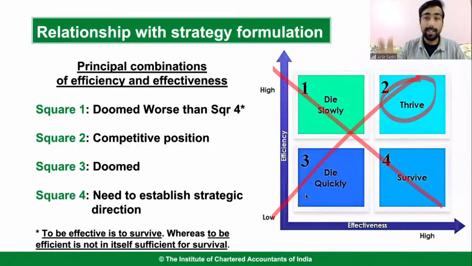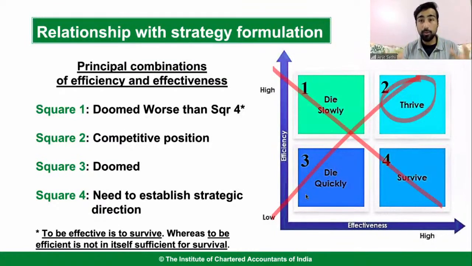You're doing the right thing in the right way, you will be successful. You are doing the right thing but in the wrong way, you will die slowly, right? But if you're doing the wrong thing in the right way, what will happen? Again, use logic. तो क्या होगा? You will die quickly, right? Because आप काम ही गलत कर रहे हो. You're doing the wrong thing, but in the right way, you will die quickly.